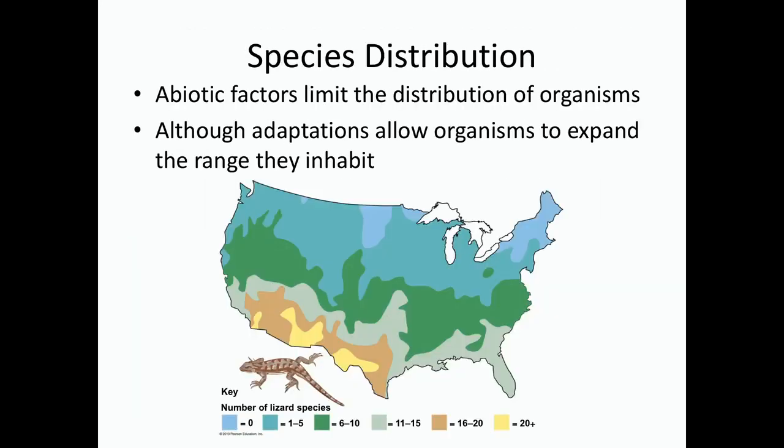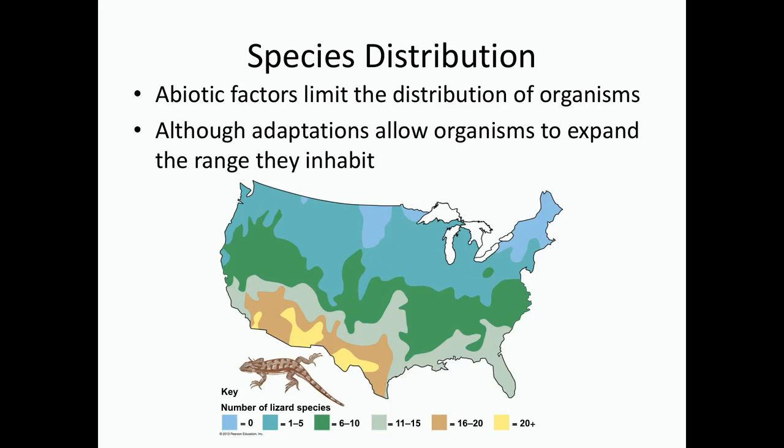So we end up seeing patterns such as this. This is a graphic of number of lizard species in different regions of the US, and you'll notice that areas like Maine really don't have any lizards at all. Whereas as you move further south into warmer climates, you get more and more species of lizard, and you get the highest number of lizard species in the warmest areas like the southwest US, where you can get over 20 species. Now we still, in our area, have a few species of lizard, but not a dramatic amount, because we have fairly cold parts of the year that are hard for an ectothermic organism to survive.